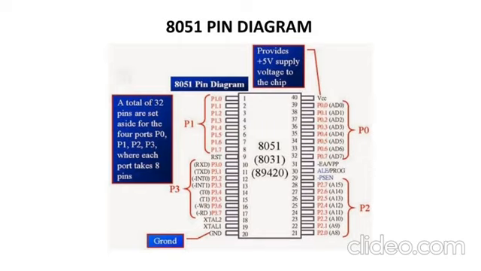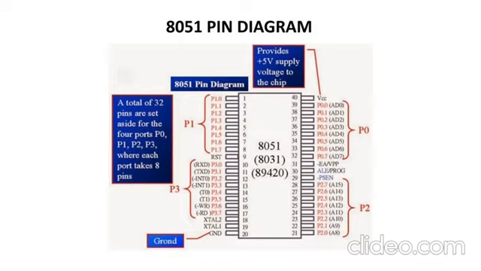Then you have port 1 and port 3, which need to be written on your left side. From pin 1 you start writing port 1, and it will end at pin 8. So port 1 is completed, then leave one pin in between, then start writing port 3 from the 10th pin, that is port 3.0 and so on to pin 17. So pin 10 to 17, your port 3 ends. Now 2 pins will be remaining. The 9th pin which was remaining between port 1 and 3, right over there, reset.